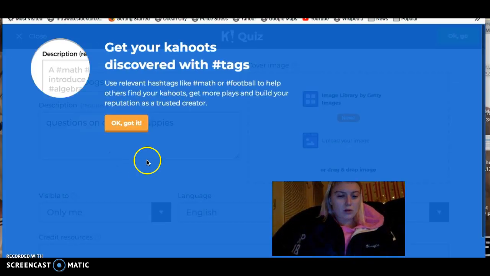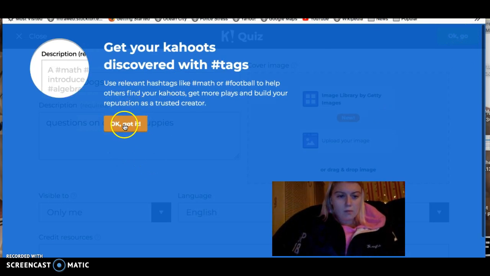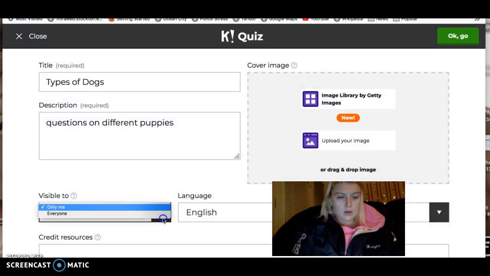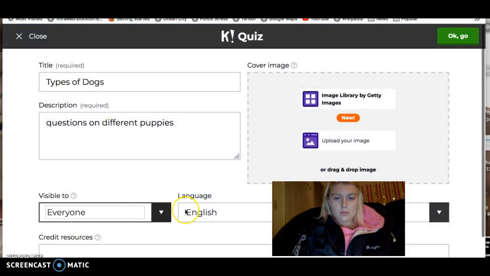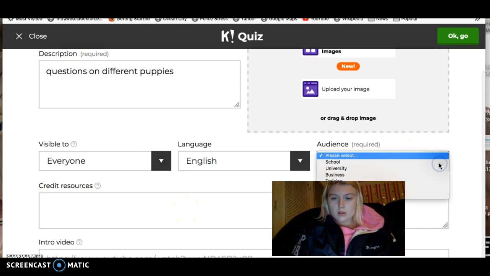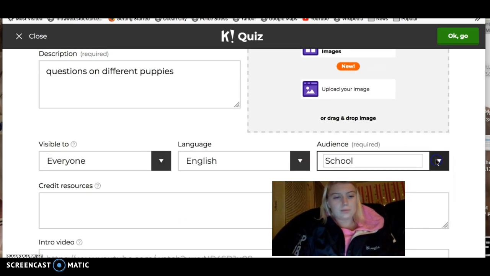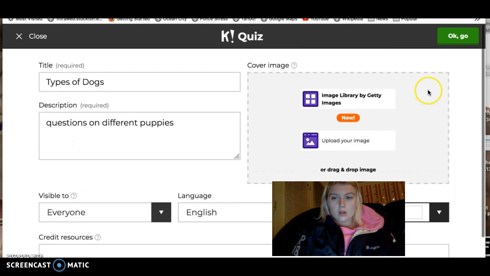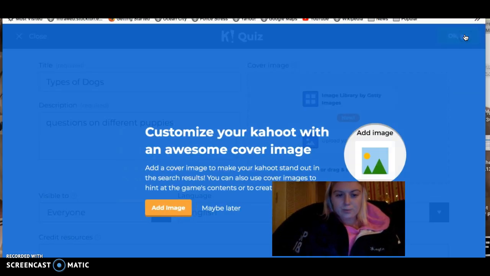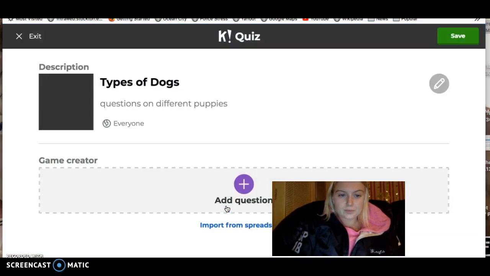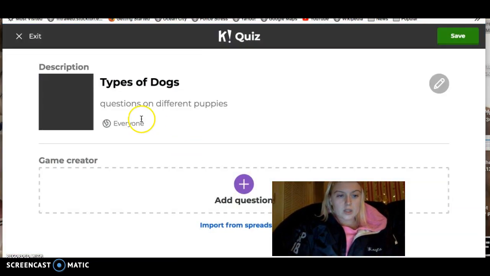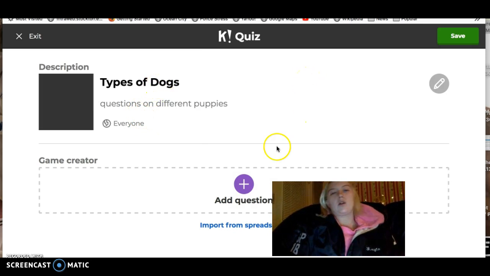And you'll make it visible to everyone. The audience can be a school. And you'll hit okay, go. You can add an image, but we'll just do that later. So then it's going to bring you to this main screen of types of dogs, and you can go ahead